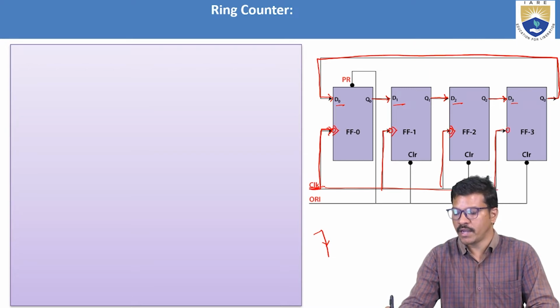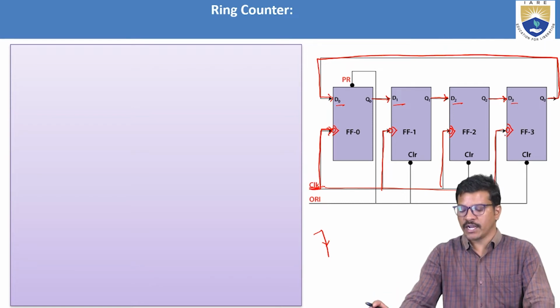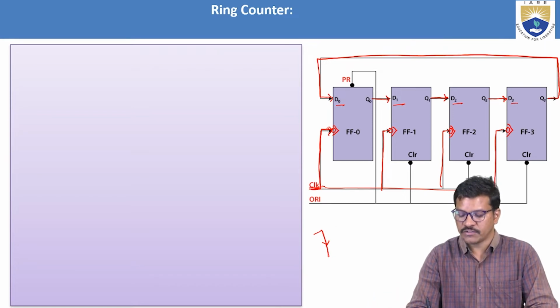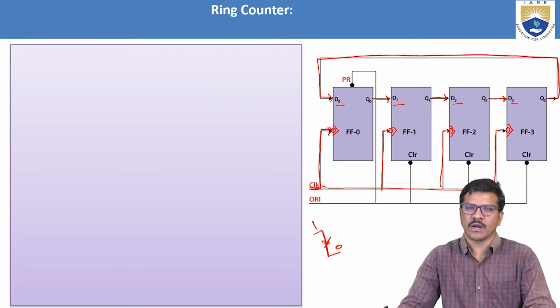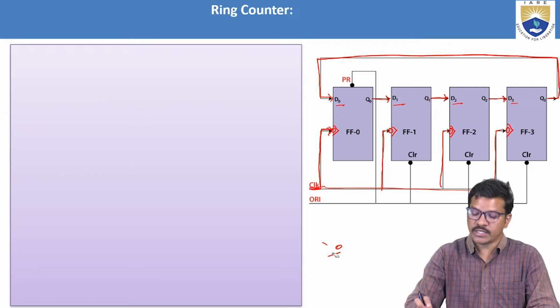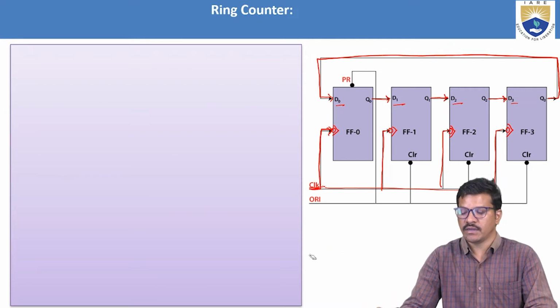This is represented by negative edge clock. Whenever the clock changes from logic 1 to logic 0 transition, the states in the flip-flops or the counters have to be changed. This type of negative edge trigger is used in this ring counter,